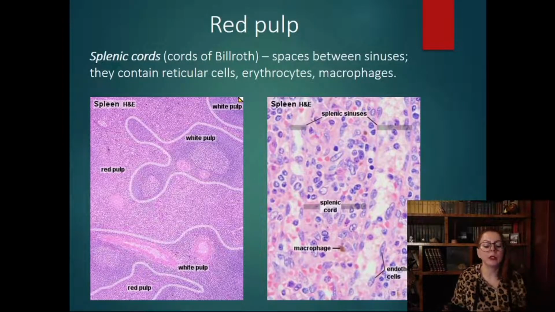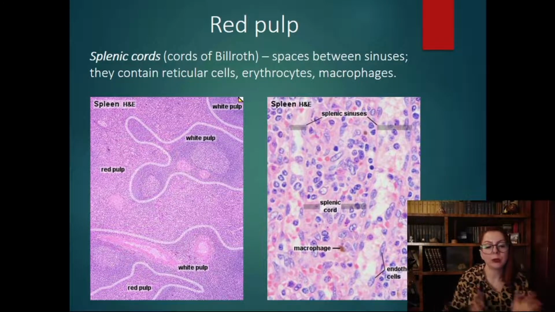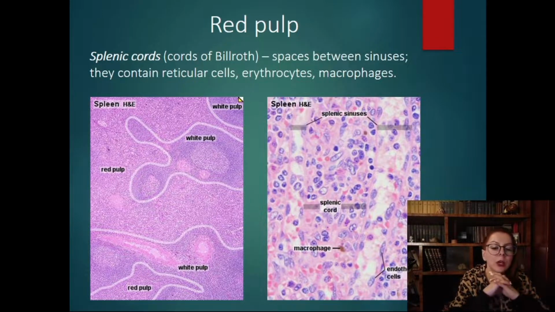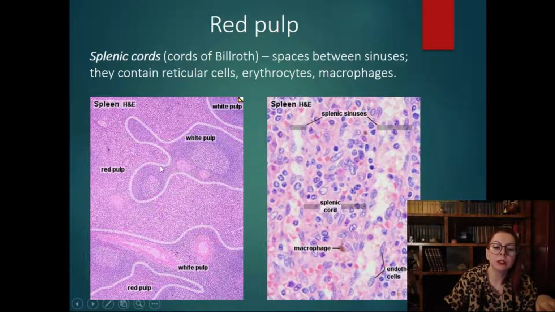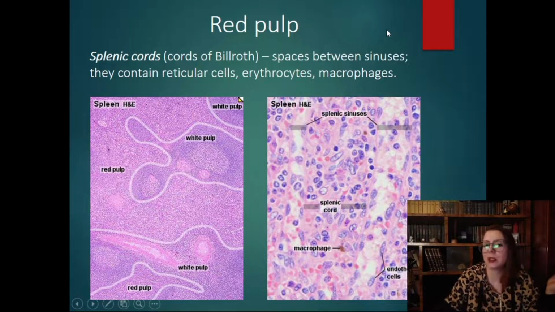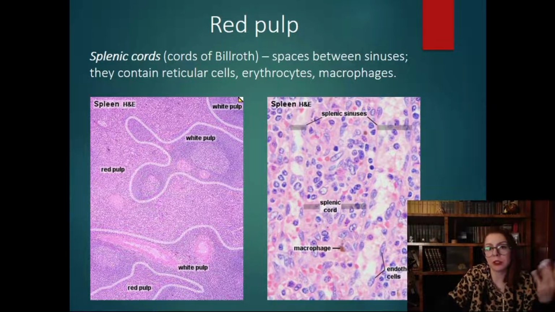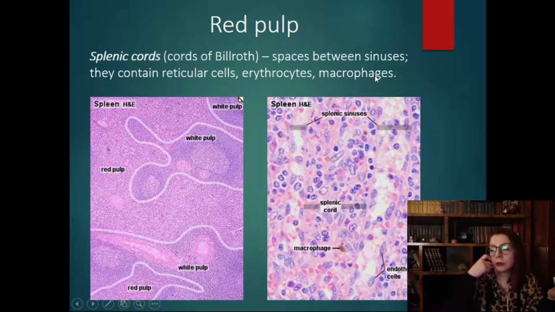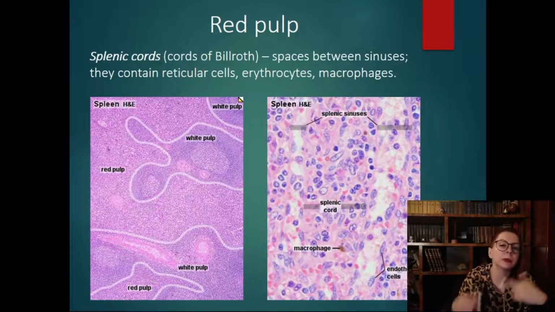Then, now let's talk in detail about the red pulp and the white pulp of the spleen. We have just considered the blood circulation. What about the red pulp? The red pulp predominates in the human spleen. Up to 80% is represented by the red pulp. And it is represented by reticular cells, erythrocytes, and macrophages. It is filled with erythrocytes, that's why it is red. And there are lots of macrophages because they are eating old red blood cells and they participate in the recycling